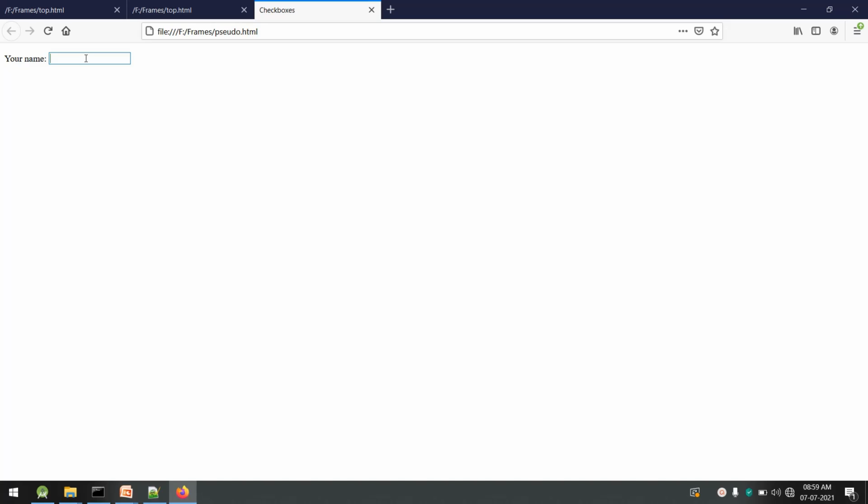So if it is in focus, and if I write something, now you can see the color is green because it is in focus. But if I remove the focus, now the focus has been removed, and now you can verify the color is black. But if I take my cursor on that, this will call the pseudo class, that is hover class.